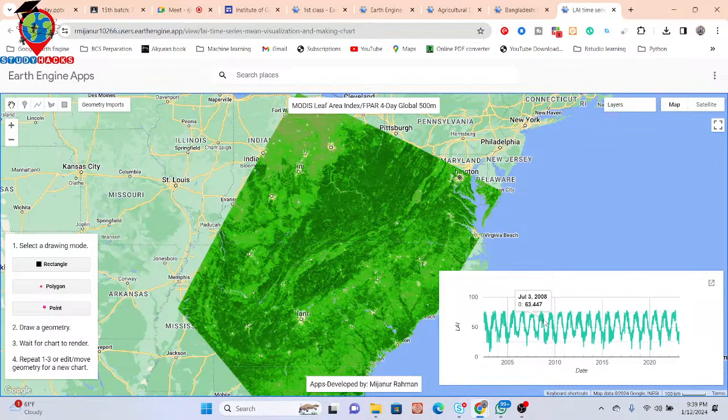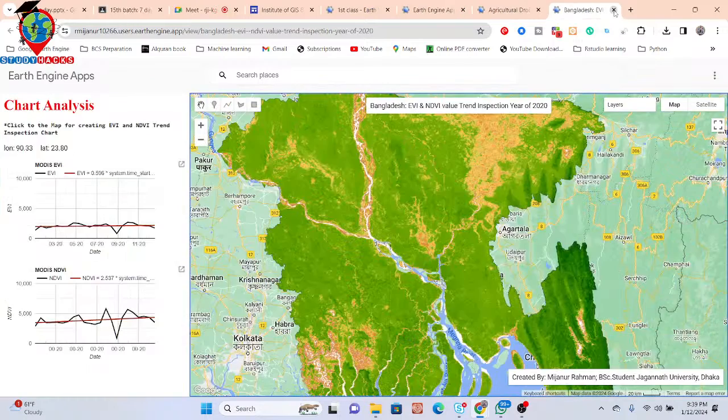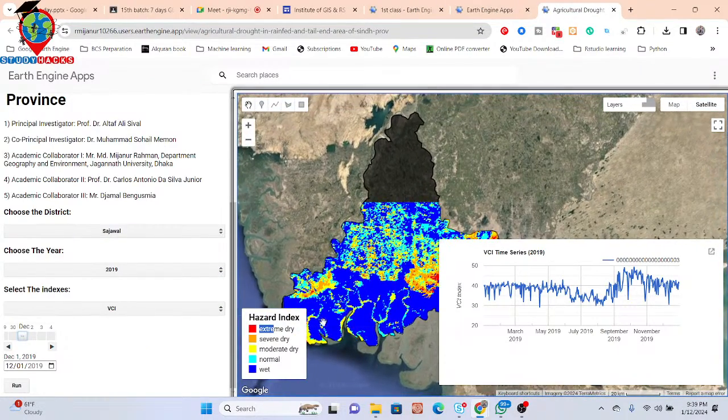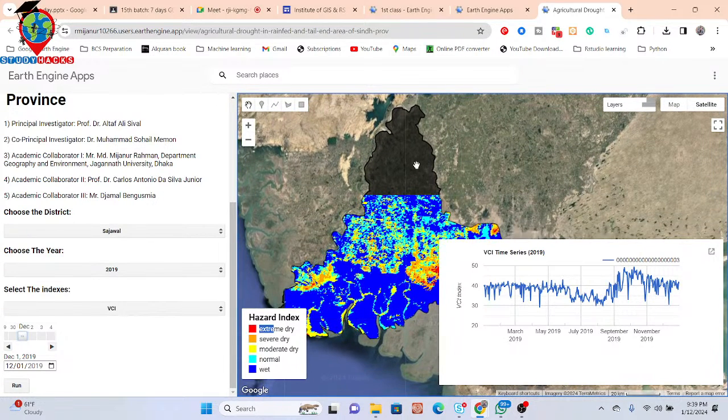You can see it also shows that time series chart. So just click on here. And from here you can easily download the CSV file data as well as download the photo from here. Okay, so it's also working, you can see. This type of way, you can also get the normal, moderate, extreme. So it also depends on internet connection. I think my network connection is not so good, so that's why it has not completed the